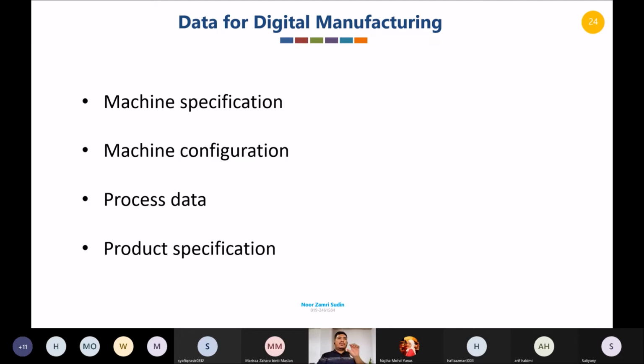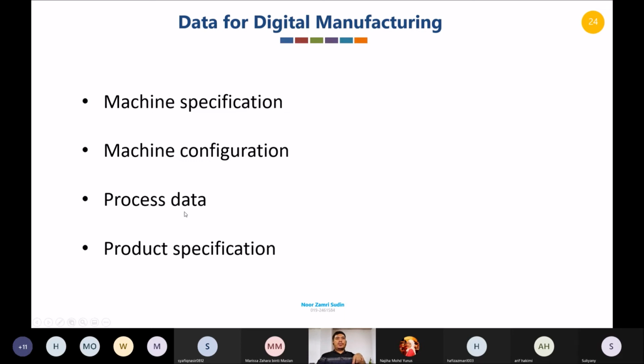So you can have the digital twin of your machine. When you have the machine configuration data, you can configure your digital machine the same as the configuration of your real machine. So your machine can move like your real machine.